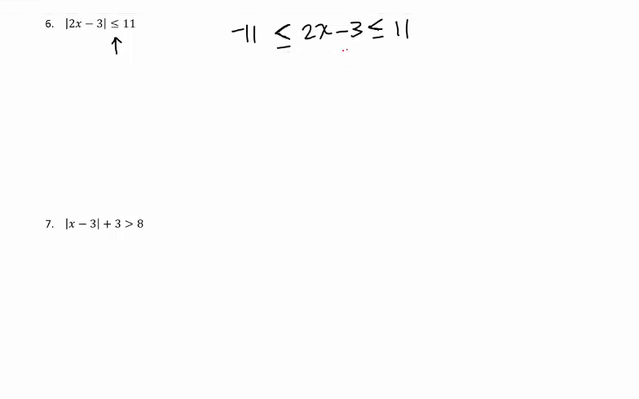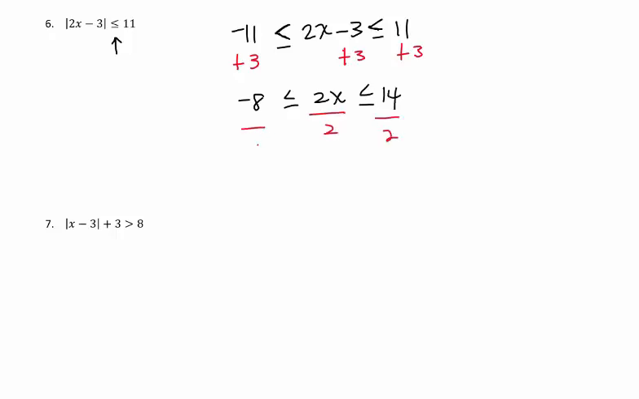And we solve this inequality. So the goal is to isolate x. We're going to first start by adding 3. And when we do that, we have to add 3 to every part. Okay, and we have -8 is less than or equal to 2x is less than or equal to 14. Next,